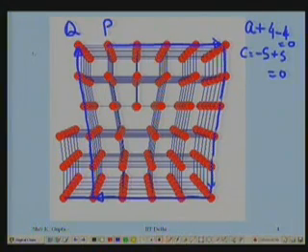Now the circuit has not closed despite the fact the displacement along the path is 0. So what I have to do is add some more movement to make it close, and that movement which I have to make is Q to P. So this magnitude and direction of displacement becomes the vector which I call the Burgers vector of the dislocation line. This is the Burgers vector of the dislocation line which we have found out. It gives me the direction and magnitude both. This is the magnitude by which I caused the displacement, caused the slip, and this is the direction in which I caused the slip, that you remember.